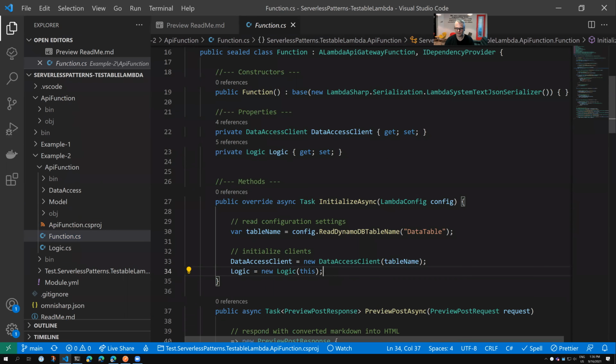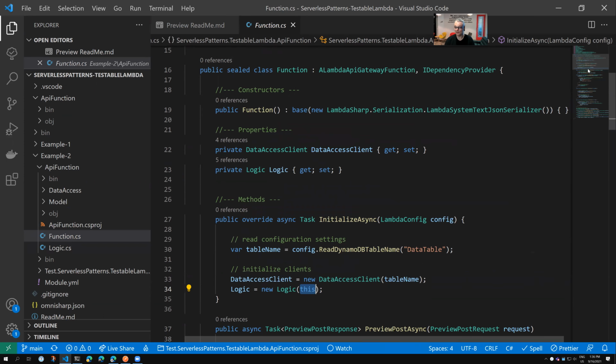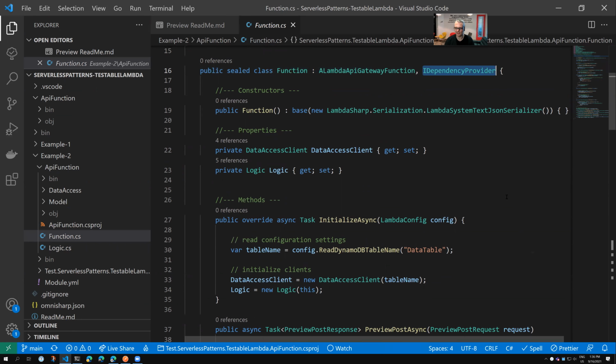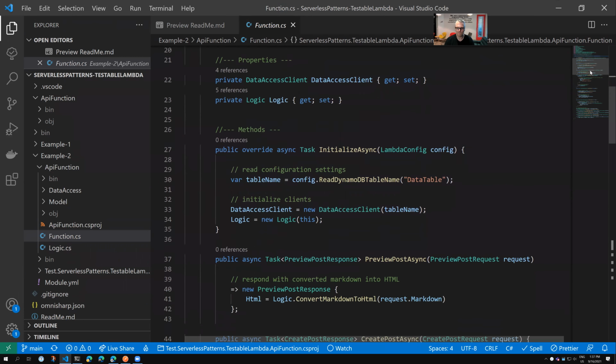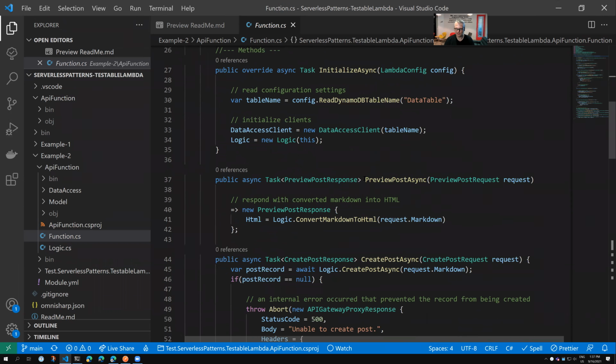We initialize it where we initialize our data access client. And because, I like to anthropomorphize, our Lambda function is an implementation of the dependency provider of the logic that it's going to invoke, we're going to use explicit implementation of that interface to provide all the outside world access that our logic needs in order to operate successfully. And so the implementation of preview async, instead of calling Markdown directly,